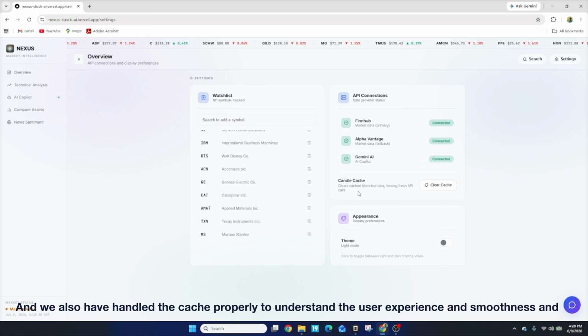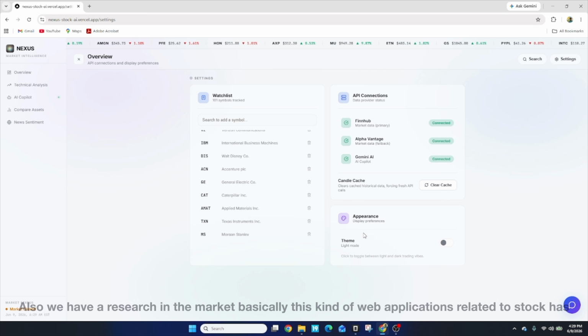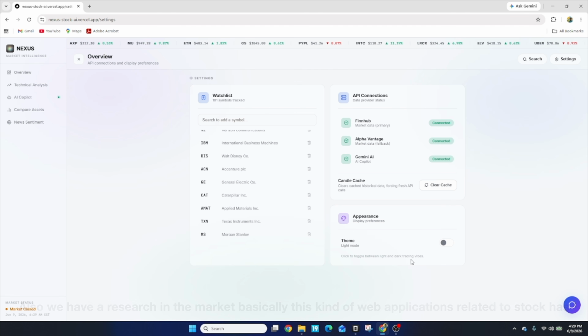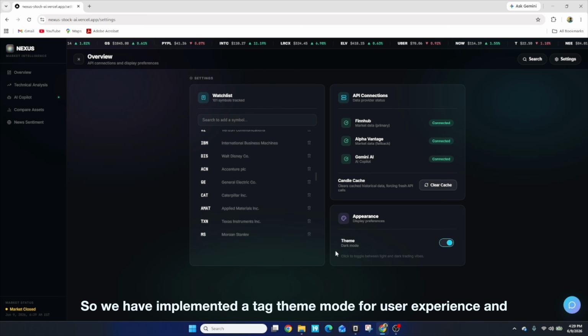And we have also handled the cache properly to ensure user experience and smoothness, and this is it. Also we have researched the market. Basically, web applications related to stocks primarily have a dark feature, so we have implemented a dark theme mode for user